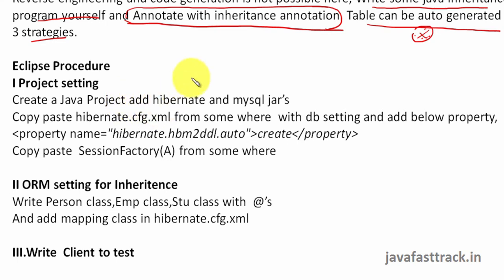Creating the project, adding jars, having the Hibernate configuration file ready, having the session factory for annotations ready, because I'm working with the annotation approach. And a very important thing here is to add one property in the Hibernate configuration file. The name of the property is hibernate.hbm2ddl.auto. When I put this, I am saying to automatically generate required tables. So this particular line will auto generate tables. Hibernate will automatically generate tables, whatever is required.